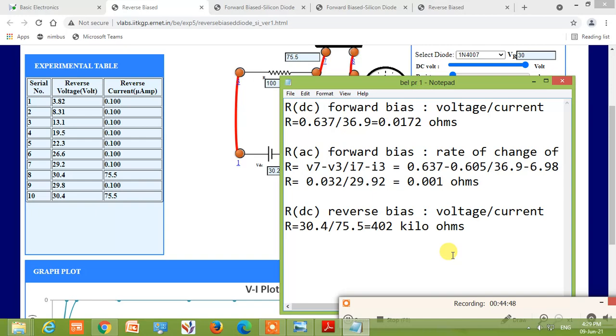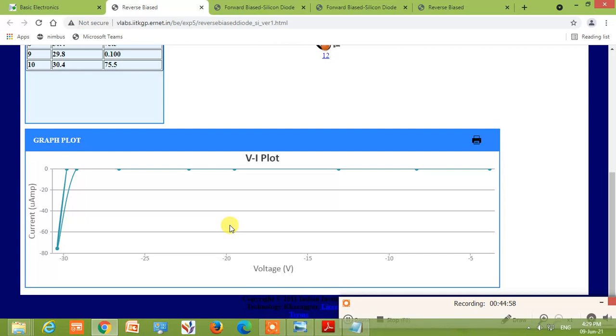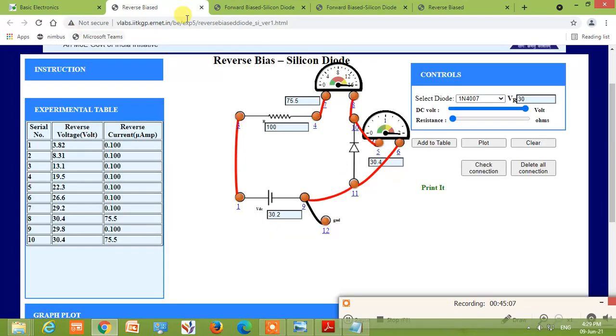So students are requested to make calculations like this, as well as show the calculations on this graph also, by drawing these points, connecting the respective current and voltage points for reverse bias as well as for the forward bias.